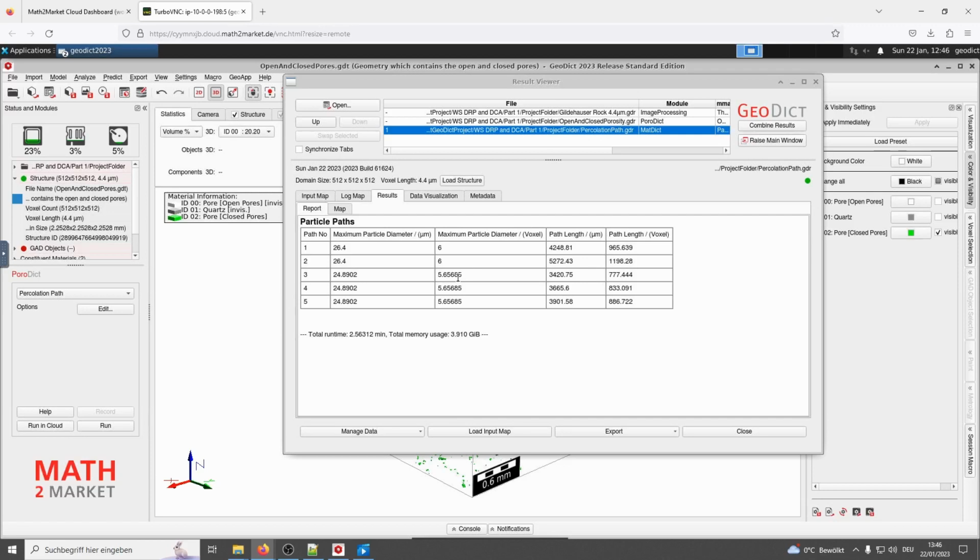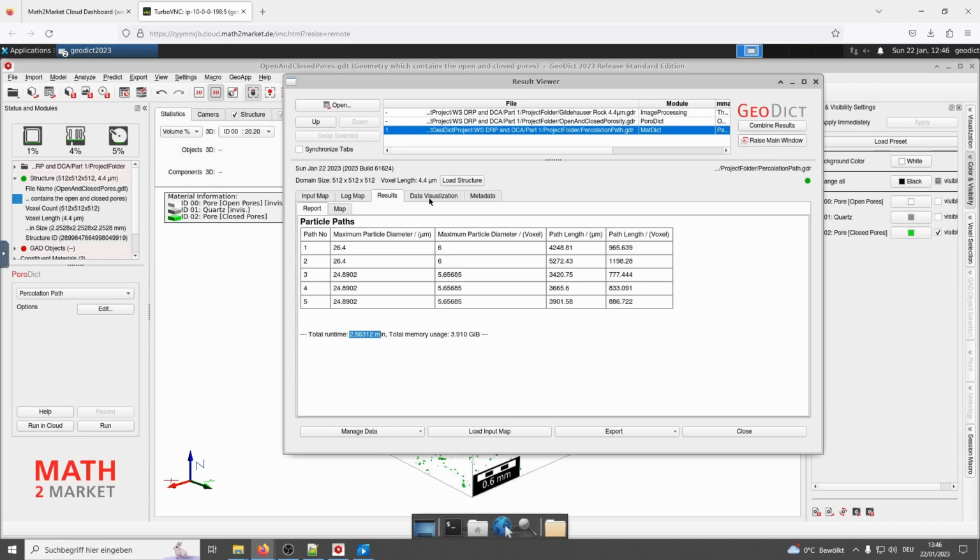Depending on the structure, you may get a message from GeoDict that the accuracy can be improved, but it's not our case. Everything runs smoothly. And now we can see the result viewer on the tab Results Report. And here we have 5 paths through the structure with maximum diameter and the particle diameter in voxels, and how long each path is in voxels and micrometers. The total run time was up to 3 minutes.